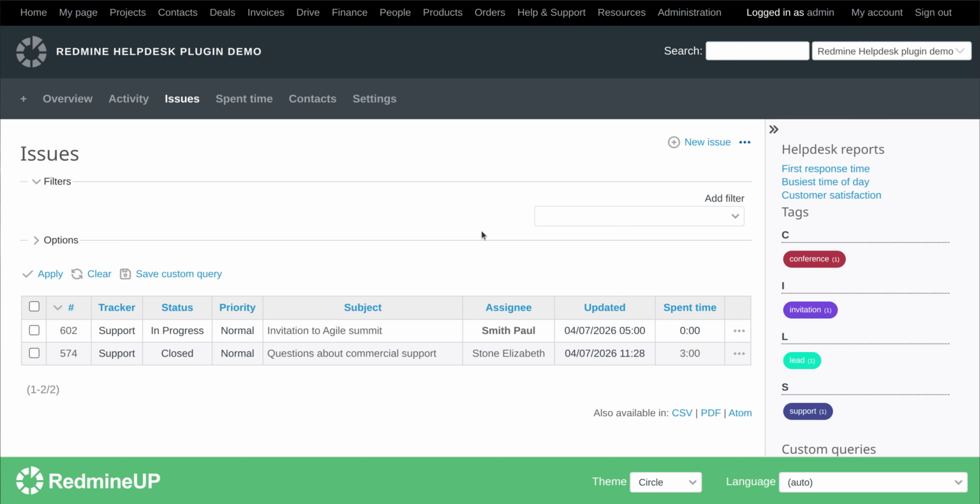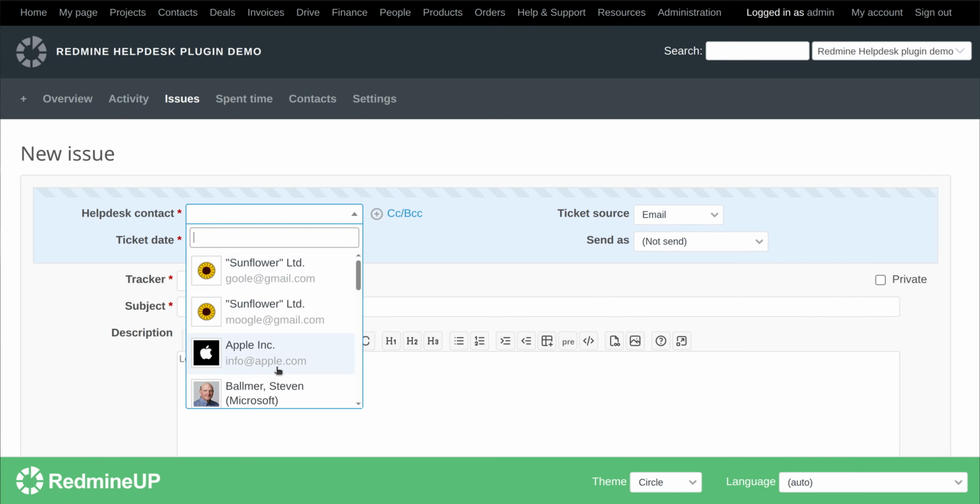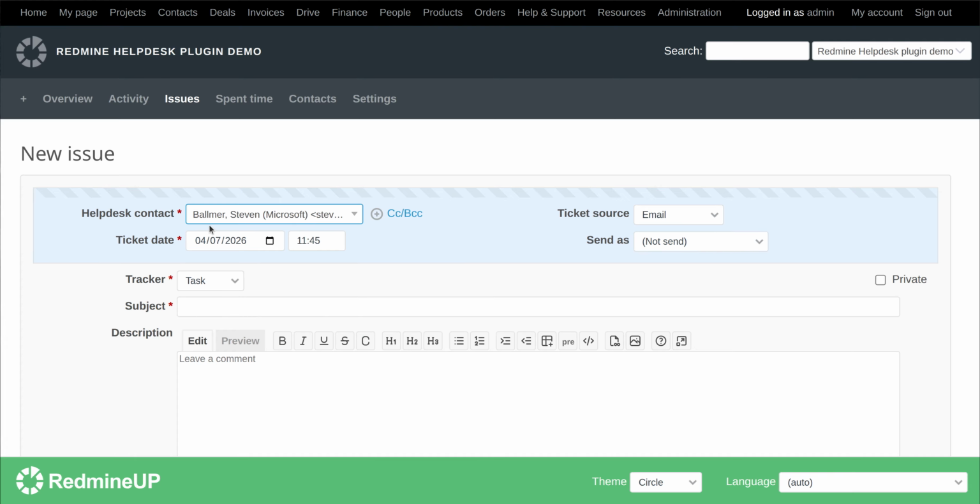In today's video, I'm going to show you the CC and BCC functionality of Helpdesk from RedmineUP. Okay, so currently we are logged in as support engineer and we would like to send a ticket to our client. Okay, so currently we click on new ticket and select the main address, the to field, and